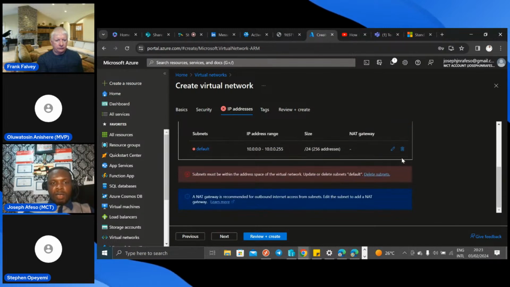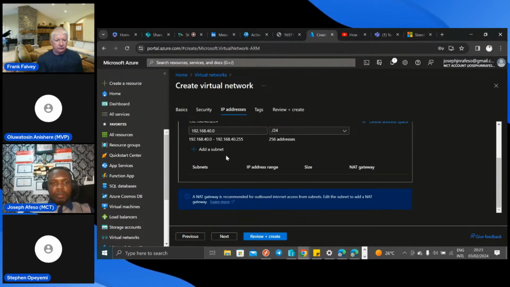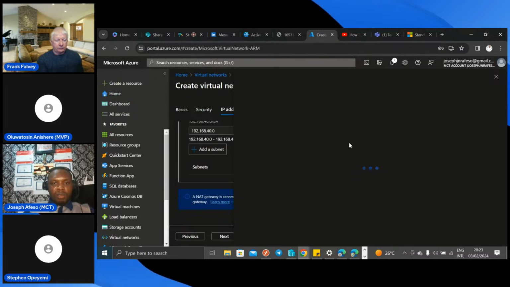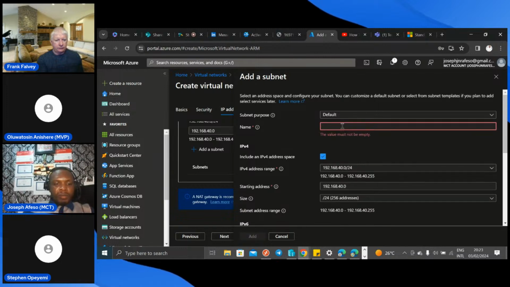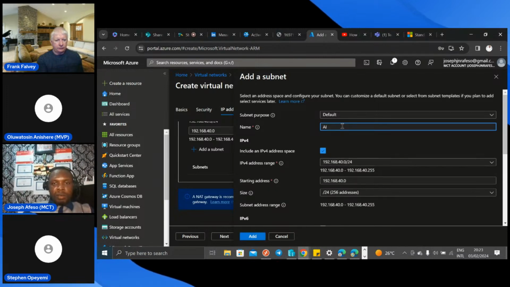When we do that, it comes with a default subnet. So we are going to name it AI subnet.